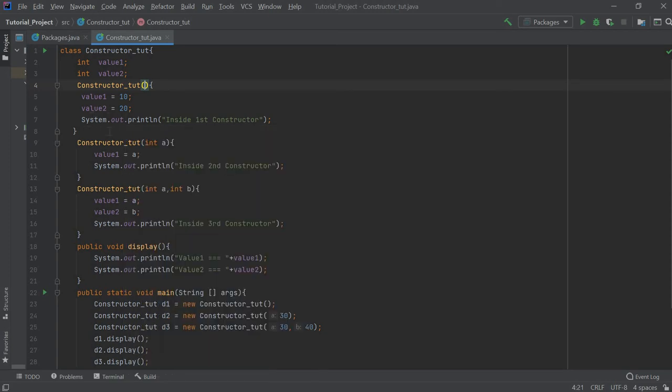Now after that I'm printing the value, system dot out dot println, which is used to print the values, or you can print anything. Here I'm printing a string inside first constructor because I'm using three constructors here.